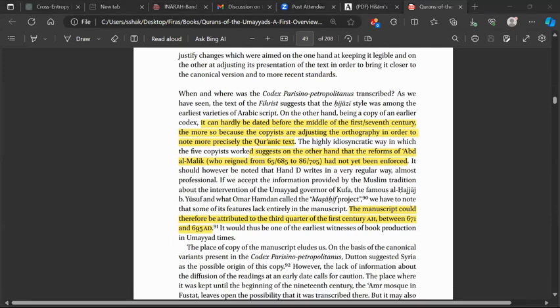This manuscript is, I think, complete. You can find it on the Corpus Coranicum website, and there are other complete manuscripts as well, which are getting published. More of these are only getting published now. People were basically unaware of them 20 years ago. So right now is the stage of getting more information.